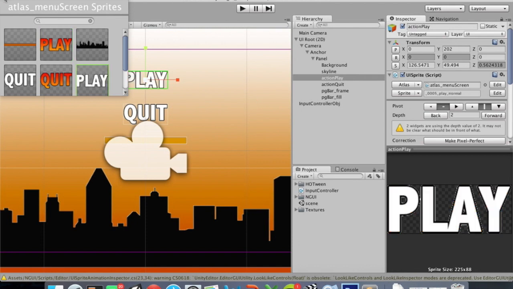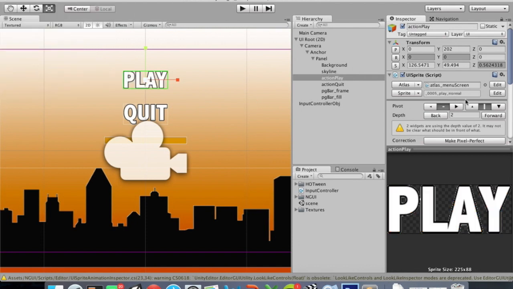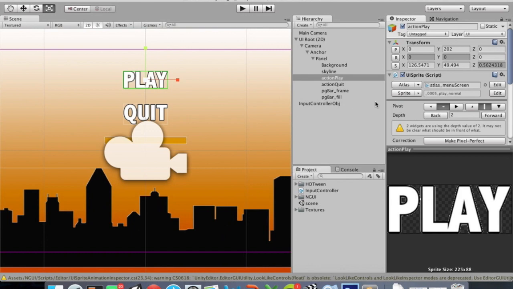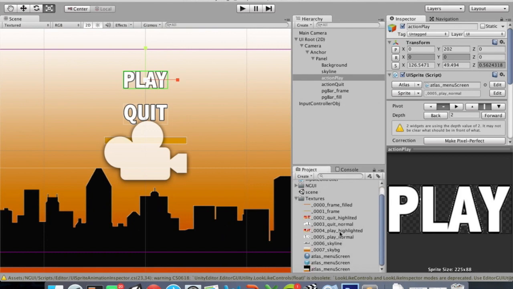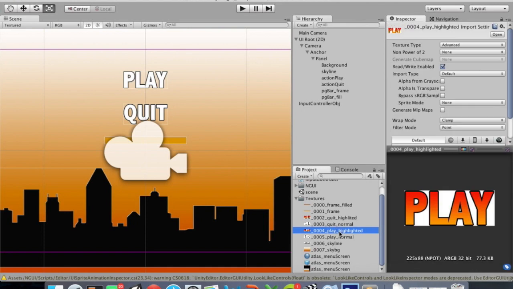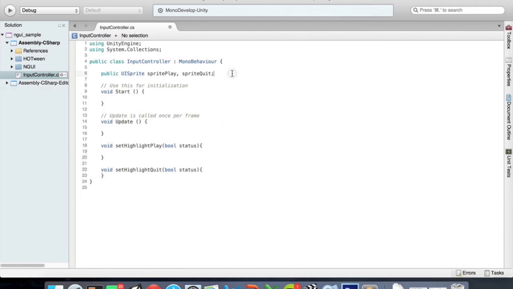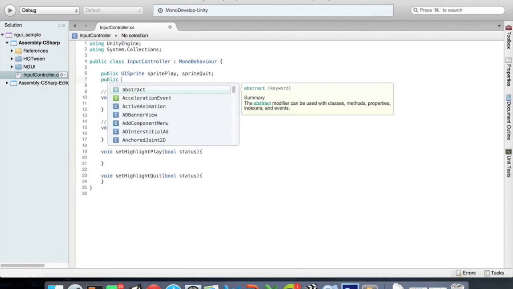Now, I'm not going to remember or hard code these names. So what I'm going to do is use the reference to the textures, which also bear the same name. The atlas was constructed using these textures, and chances are that the name in the atlas is exactly the same as the name of the texture. So let's go ahead and create